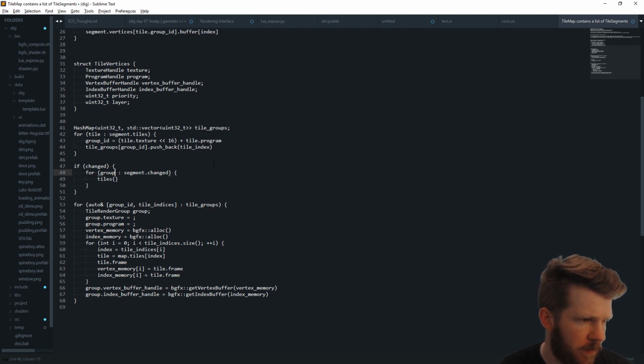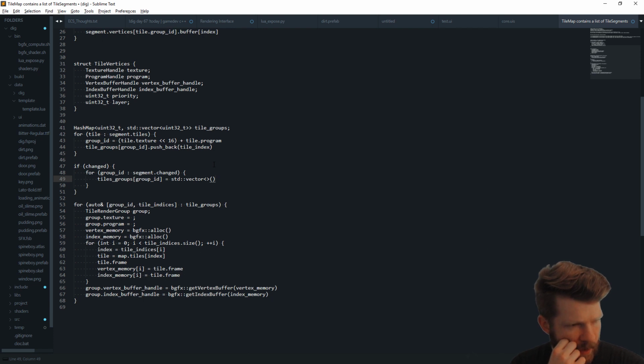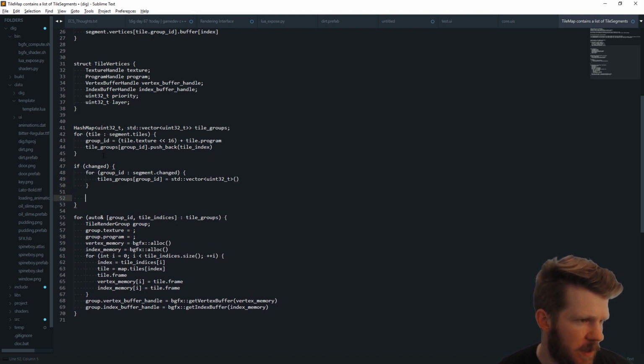Say tile groups, group ID. So this is a group ID. Is this a new vector, right? I think that makes sense. A new vector of uint32_t, which is the tile indices. So we just set that up, and then what we could do is this exact same thing,